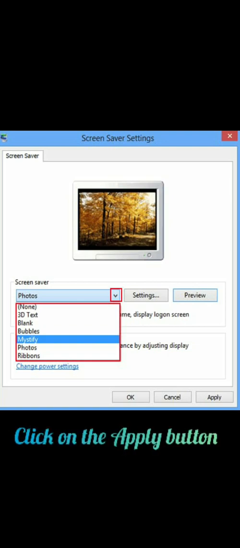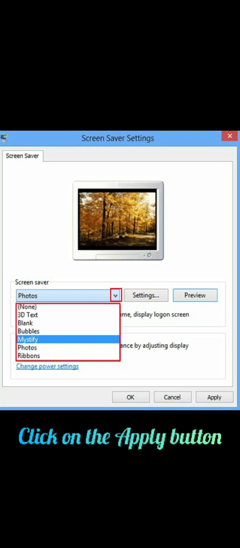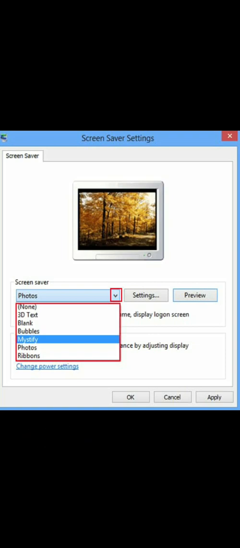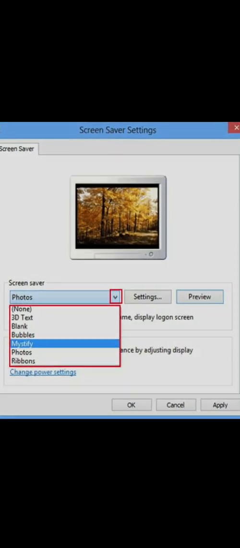Click on the apply button and click on the OK button. So now if you leave the computer for 2 minutes, the selected screensaver starts on the computer. Understood? Okay. Now next is creating a file and folder using the WordPad application.